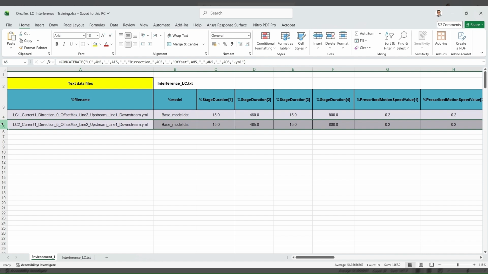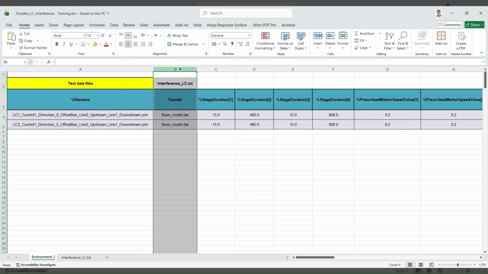Each column represents one input parameter that may change from case to case.